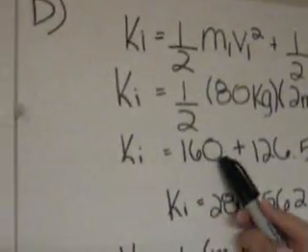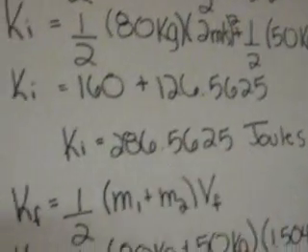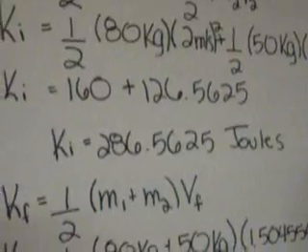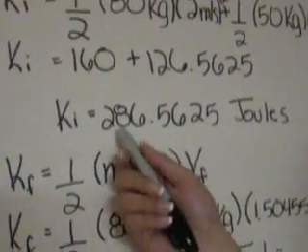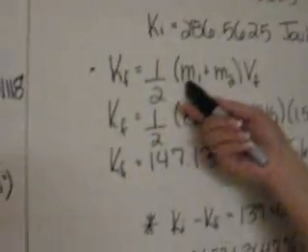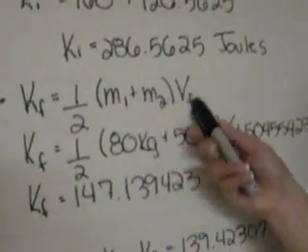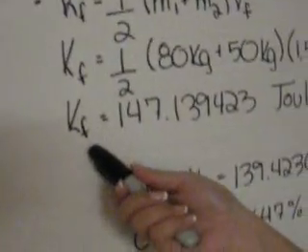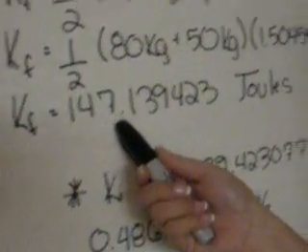We get 100 plus 126.5625, and then by adding those two, we get our kinetic energy initial, which is equal to 286.5625 joules. Now, to find the difference, we need to find the final kinetic energy, which is after the collision. And that would be half times m1 plus m2 times the final velocity, which we found in part A. Plugging in the numbers for this new equation, we solved that the final kinetic energy would be 147.139423